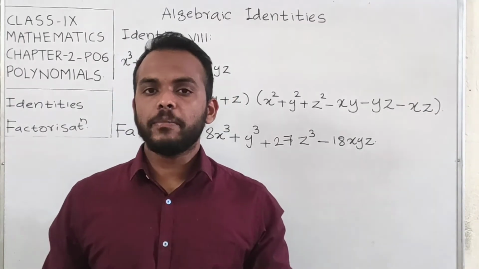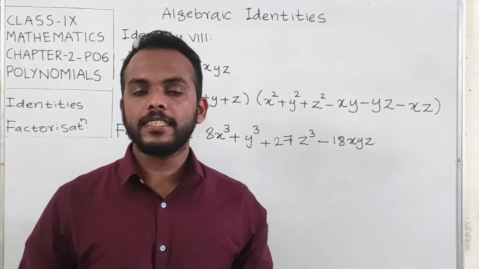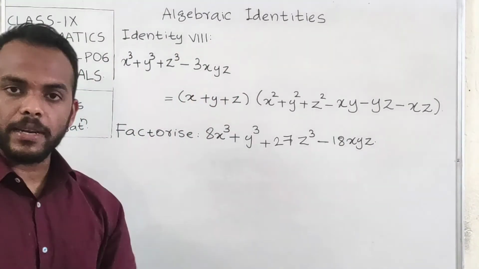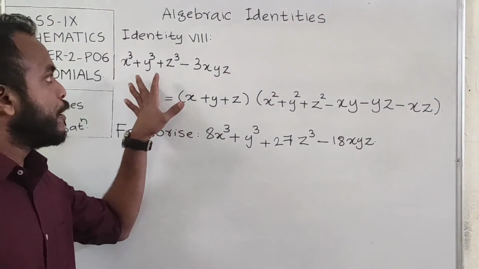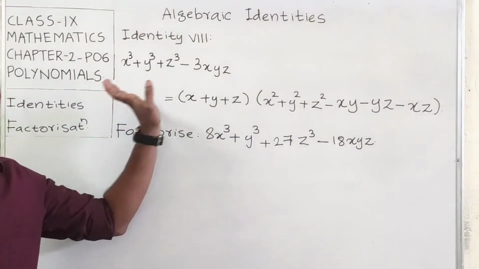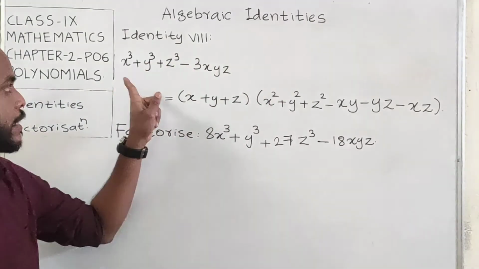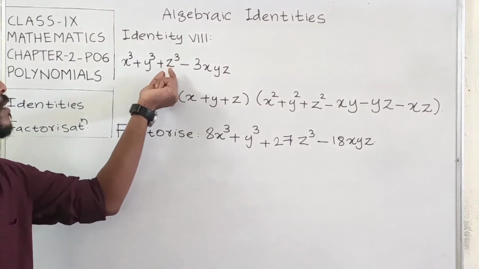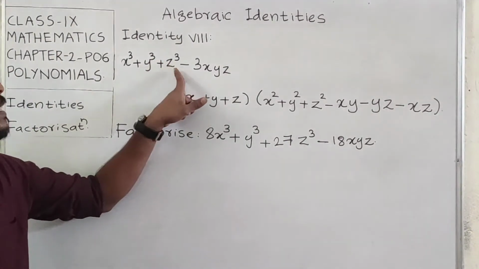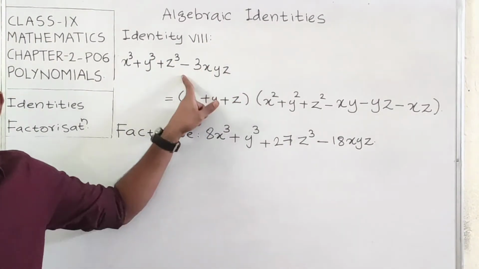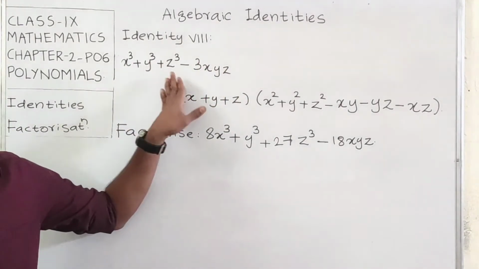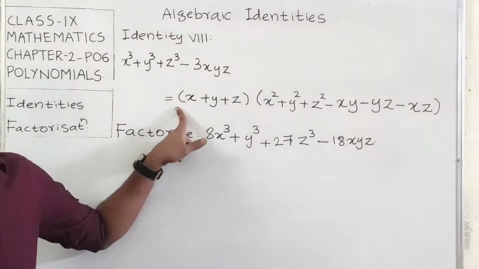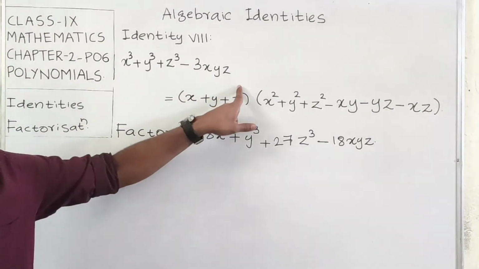This identity is a bit different from all the 7 identities that we have learned so far. It's just a simple application, or we can simply apply this identity whenever you find any polynomial of this particular format. That is, if you are given something cube plus next number cube plus third number cube minus 3 times the product of the 3 initial numbers or initial terms, then we can write the given polynomial as sum